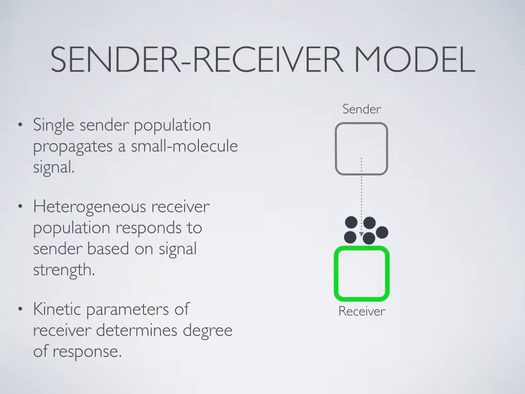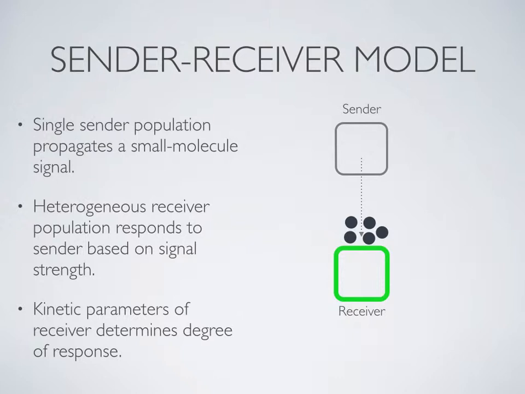A single sender population will propagate a small molecule signal. Then, a heterogeneous receiver population will pick up that signal and respond to it based on the signal strength. Now, signal strength could be determined by a multitude of factors, but I'm most interested in the distance between the receiver and the sender. You can imagine on an agar plate that the signal would diffuse across the agar, and receiver cells that are farther away from a sender cell will pick up less signal than those that are closer